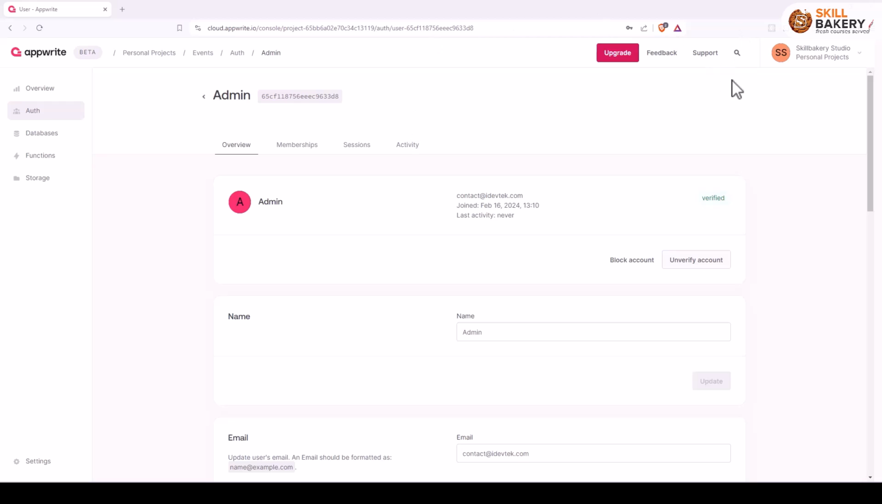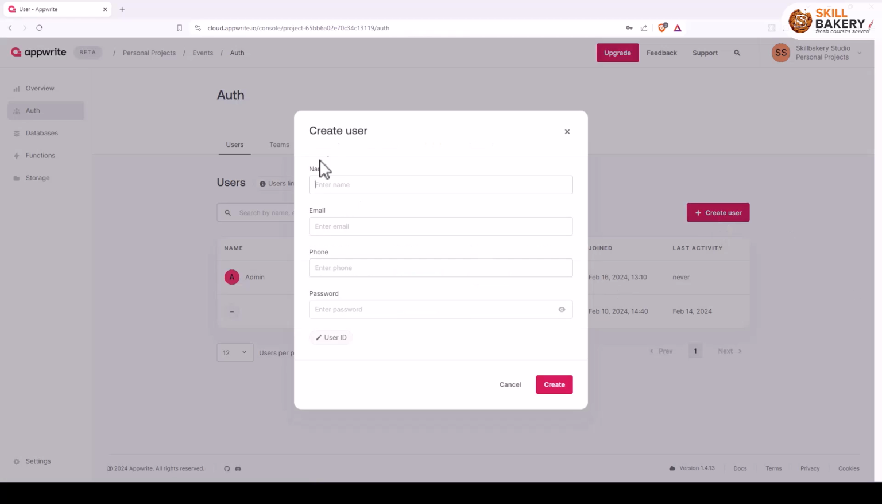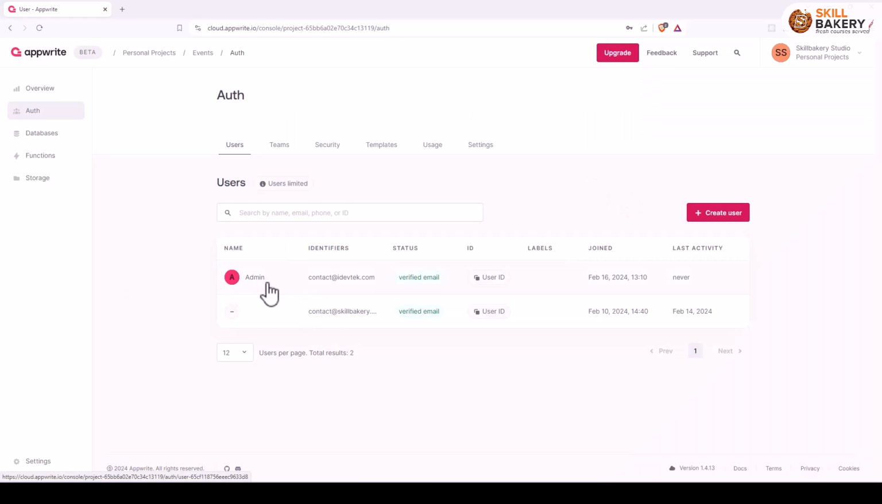So first of all, make sure that you're logged into your Appwrite account, and here under Auth, we will go and click on this. Then you'll see a create user button. Clicking on that will give you this form where we need to provide the name, email address, and password. And using that, I've created a new user called admin, and I've provided the email ID and all, and I've